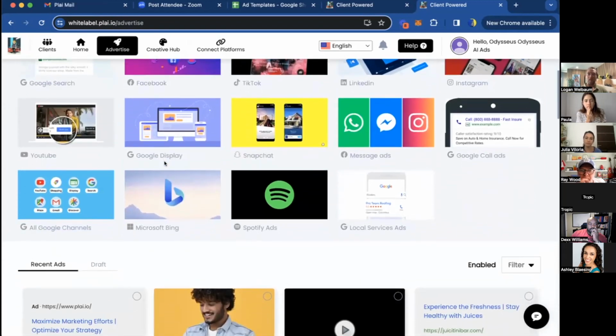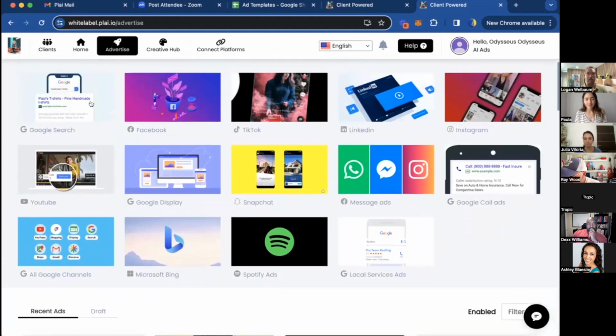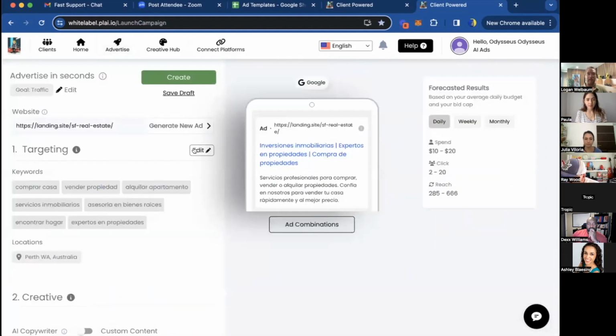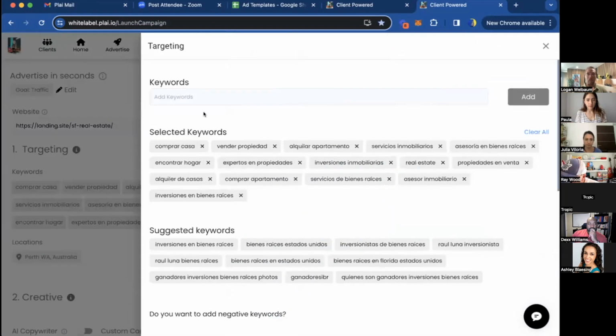Two other things that we're working on right now are multi-ad groups on Google and multi-ad sets on Facebook. What this will look like is that if you currently launch an ad, it's going to be one ad group right now, just to keep it simple. But we're going to have an advanced option for you, and we'll already recommend these different ad group structures.